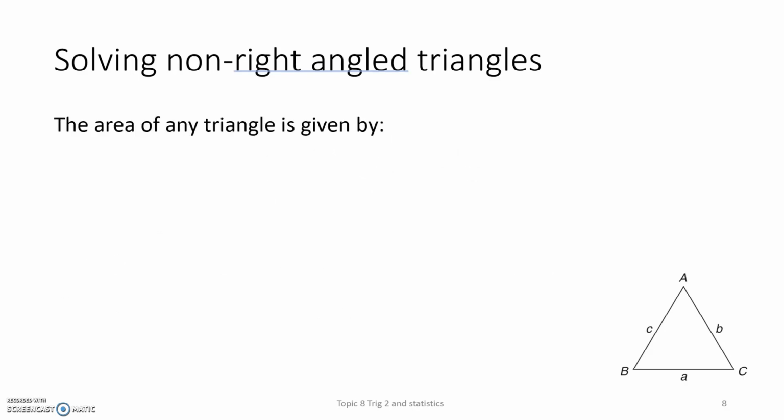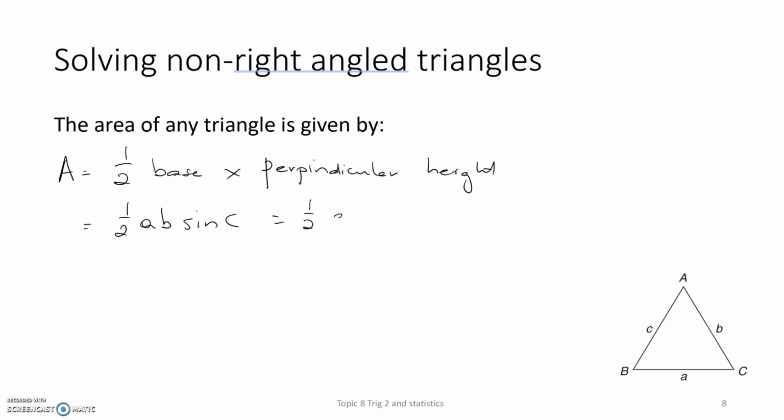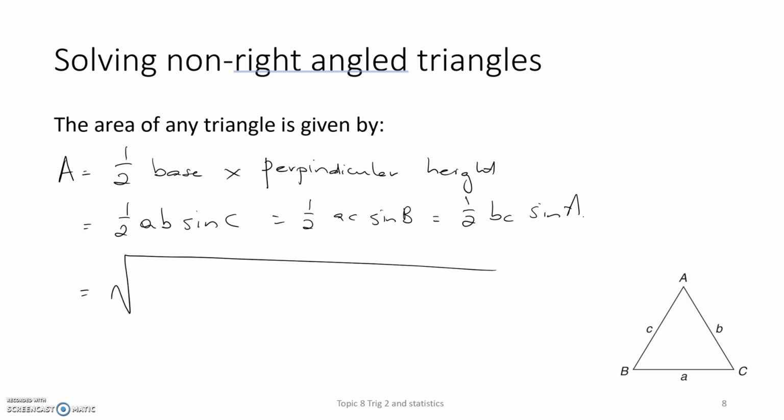You can use this kind of stuff to find the area of any triangle. We know that the area is equal to half the base times the perpendicular height. And now we could say that that's half AB sine C, or a half AC sine B, or a half BC sine A. Or another way of writing it is that it's the square root of S times S minus A, and then there's an assignment question on this, I think, where S is